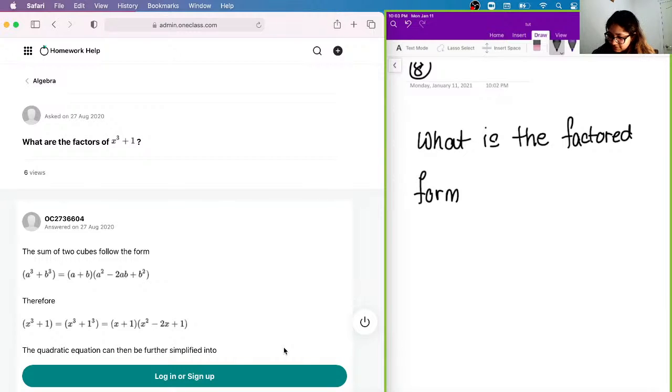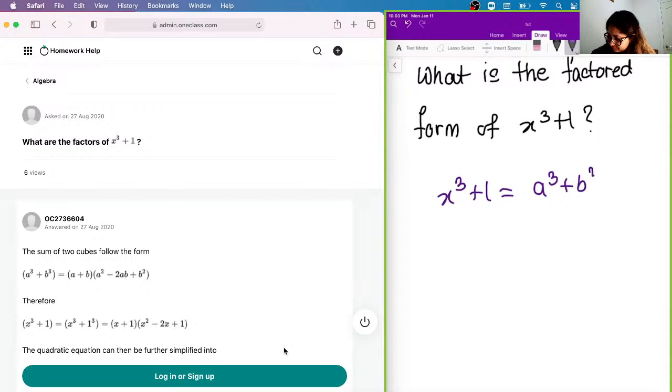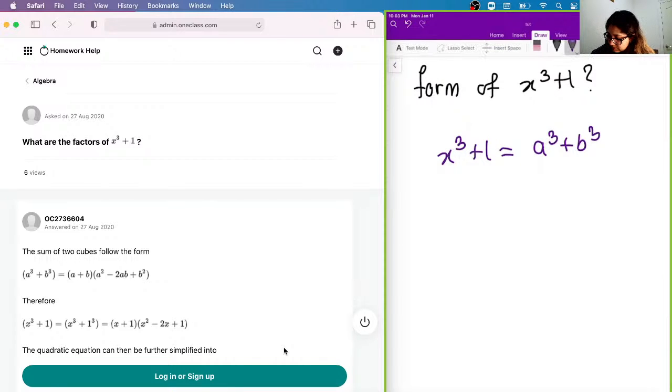So it's basically a cube plus 1. If you guys recall, x cubed plus 1 resembles a formula which is a cubed plus b cubed. And the formula for a cubed plus b cubed was